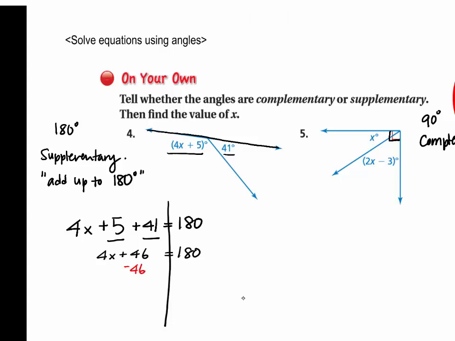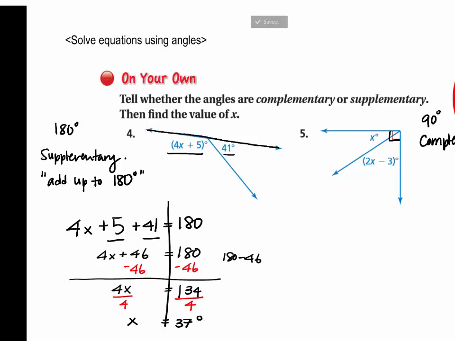I can subtract 46 from both sides. And I have 4x is equal to 180 minus 46, which is 134. And I will divide by 4 on both sides. And I have x is equal to 37. And it should be 37 degrees. Next one. This one, complementary angles mean that they add up